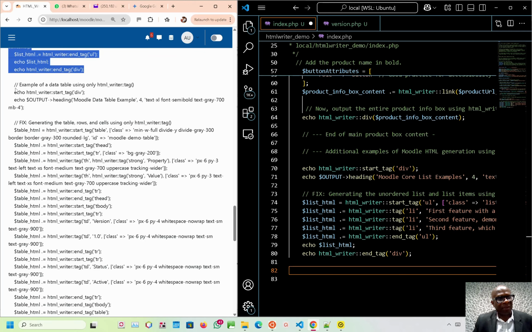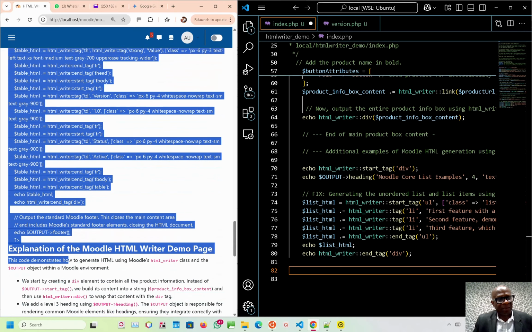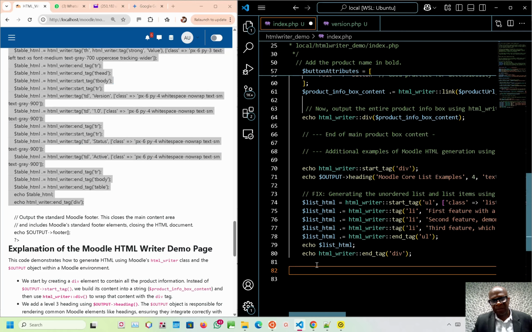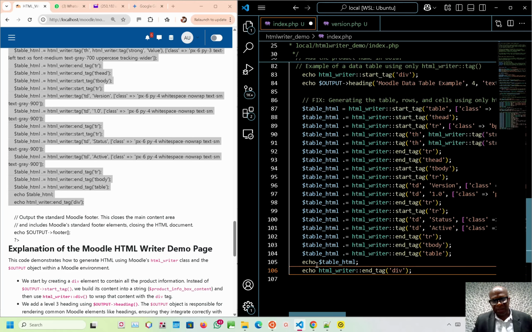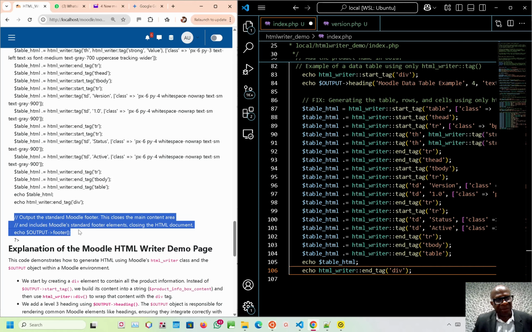So this is for table, and we define all of these using HTML writer. And then that one is for the table. And then once we've done that, you can now output the footer. It closes the main content area and includes the Moodle standard footer elements, closing the entire HTML document. Okay,